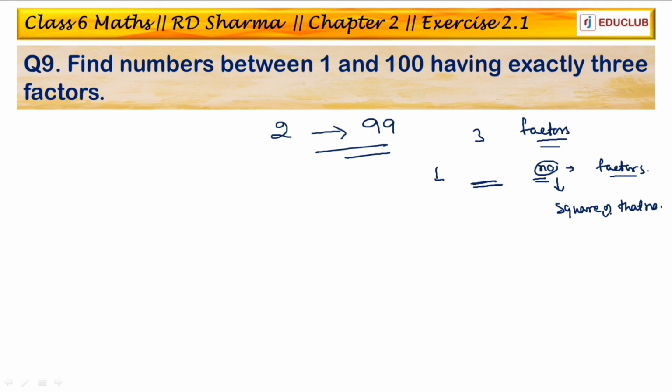Okay, and this number will be the square of a prime number only. I'll show you an example. If it is not a prime number, then it will have more than 3 factors. For example, take 6 squared, 36. So 36 is a factor, 1 is a factor, and 6 will be a factor, but 6 already has 2 factors, 2 and 3. So it will have 2, 3, 6, 36 and 1. It will have more factors, and we have to find numbers having 3 factors only. So this number should be the square of a number, and that number should be a prime number.